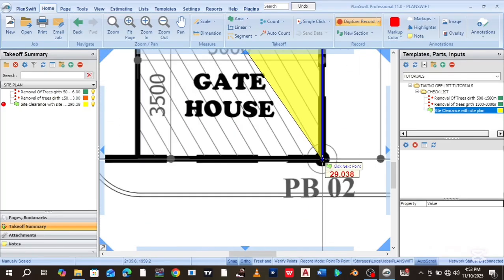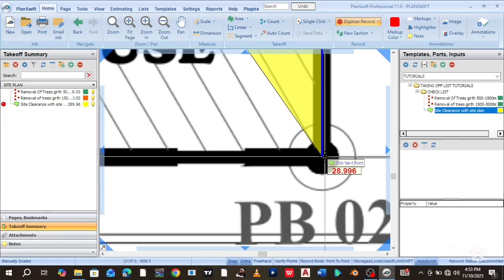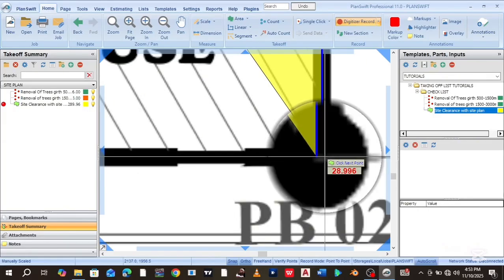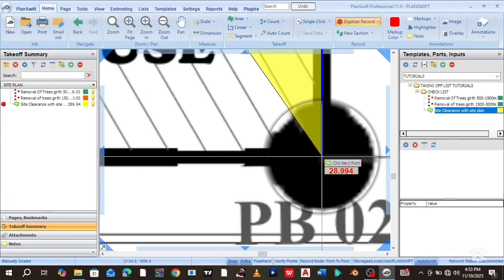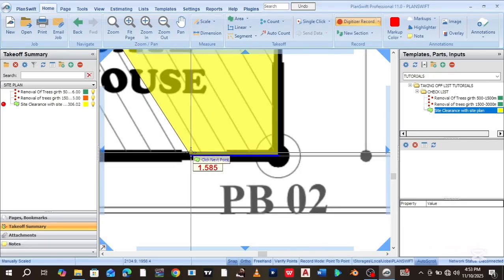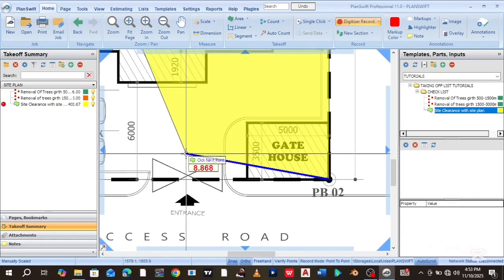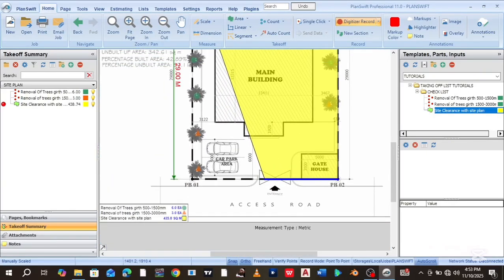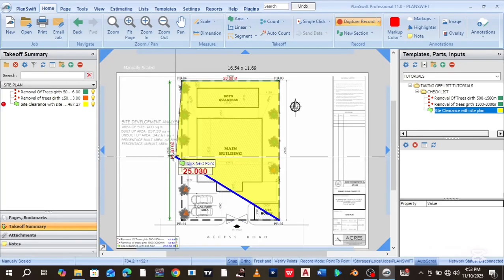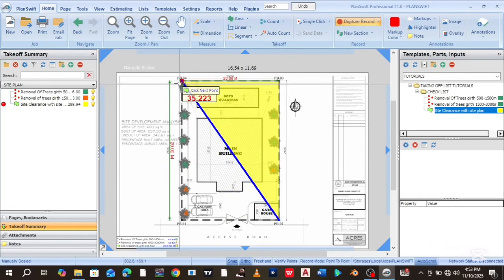And then you try to be as precise, because the snap tool is not very accurate when you use PDF. However, if it is AutoCAD, it is going to show. So you just have to try as much as possible to be precise. So now the next thing we can do is that, since we know that this place is a reference